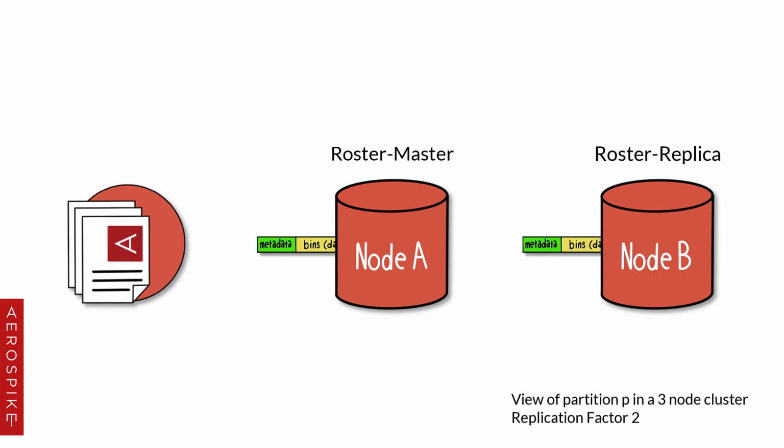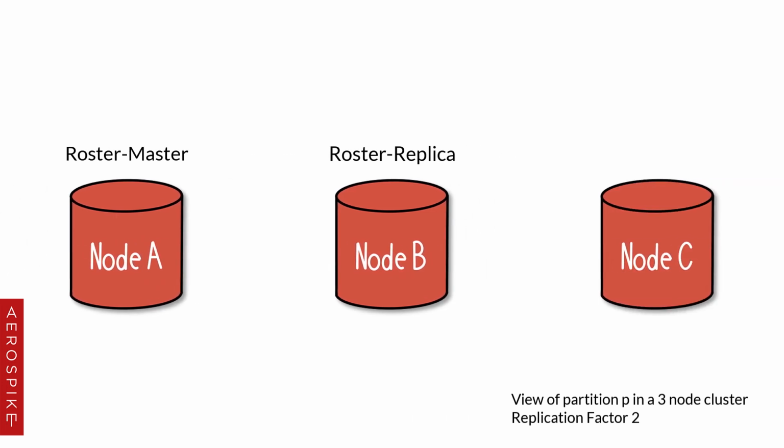By default, client read requests are always sent to the master partition. Situations may occur where multiple nodes temporarily think they are master for a partition, such as a node splitting from the cluster. Only one master is able to process a write, so to identify which is the correct master, Aerospike